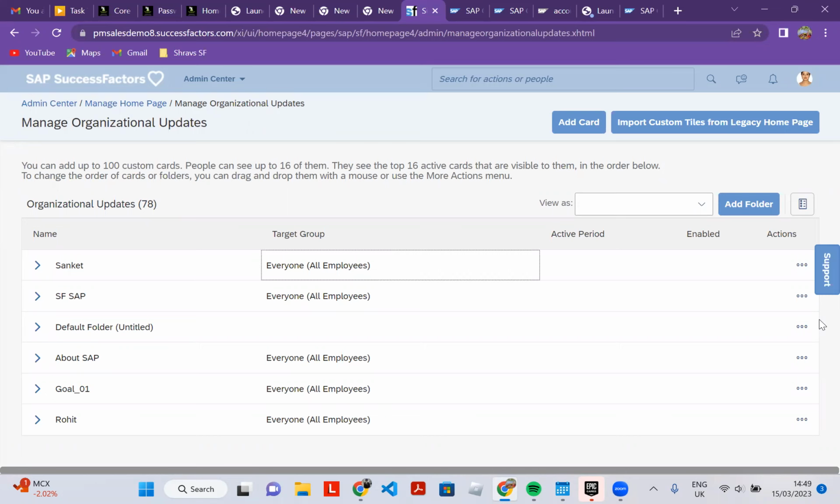So in this screen, whatever you are seeing here, you can see there is a number called 78. If you scroll down, what else is there? Can you see? Nothing. Okay. So now here you can see there is something called